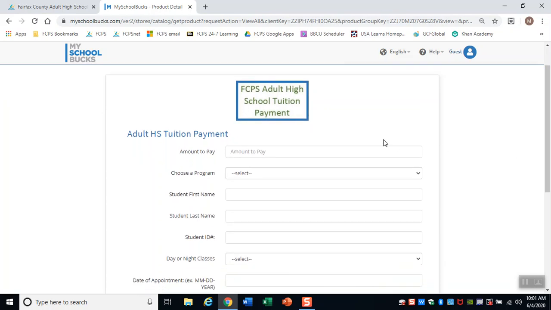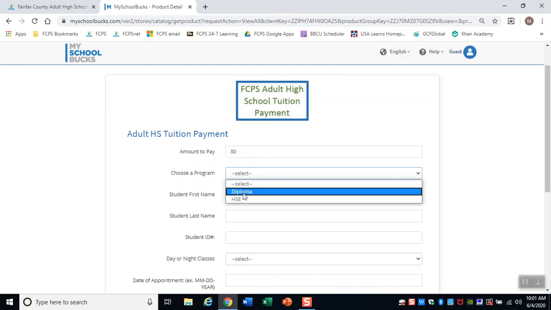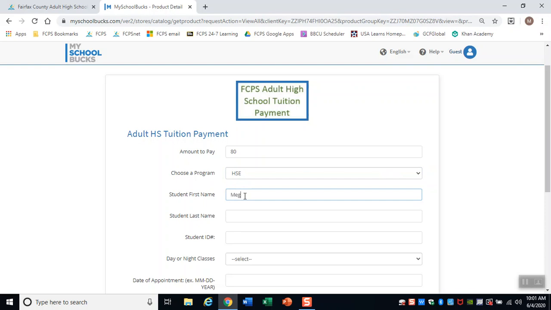From here, you will fill in the amount of $80, which is the cost of tuition for the fall 2020. From the pull-down menu, the program you are registering for is HSE, which is an acronym for High School Equivalency Program. You're going to put your own name here